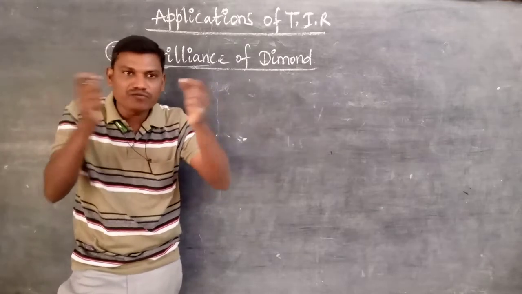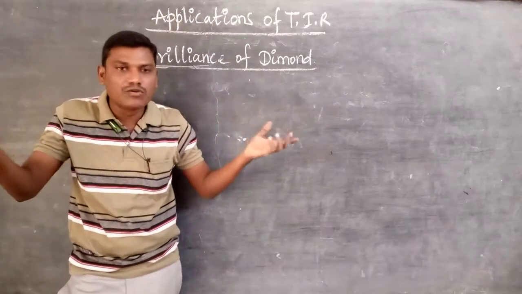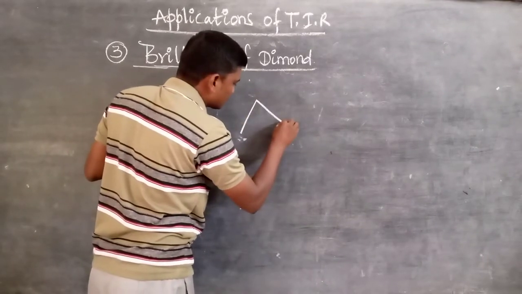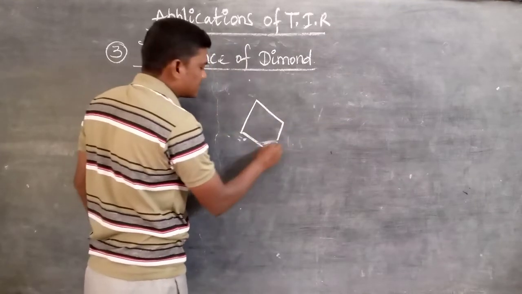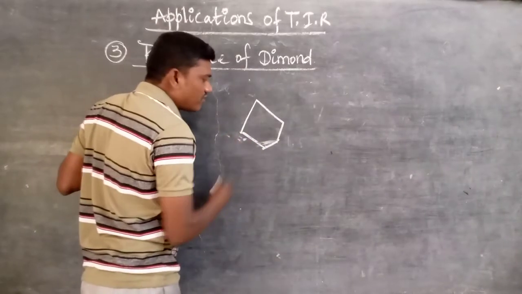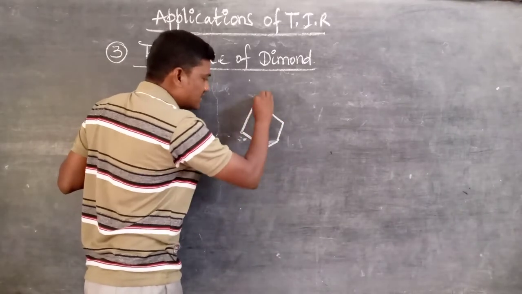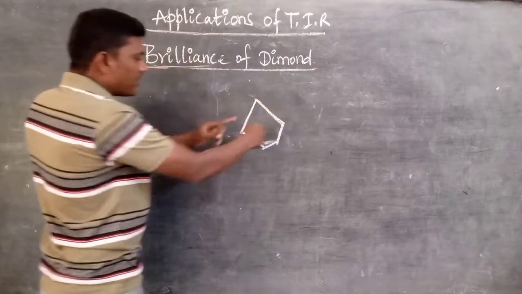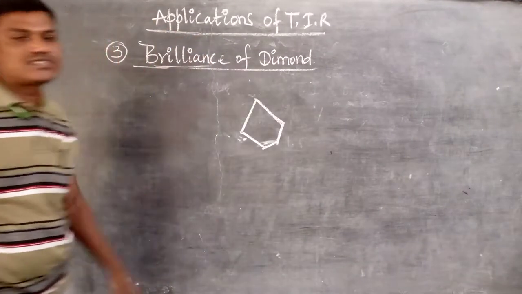That's why when the light falls onto the refracting surface of the diamond, it is trapped inside without coming outside. For example, let us consider a figure like this one, not exactly a diamond shape, just a little bit like this. Here we observe what will happen and how the diamond appears shiny. In this diagram only, it has four surfaces. But a diamond has a large number of refracting surfaces,